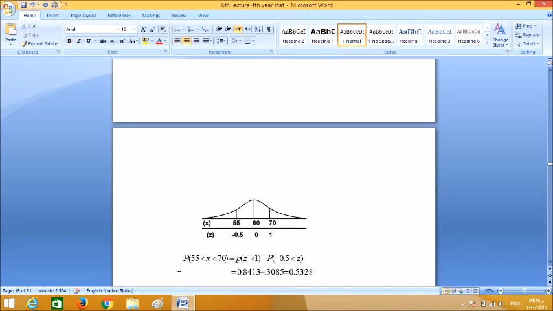So the probability that x is larger than 55 and less than 70 looks like the probability that z is less than 1 minus the probability that z is less than minus 0.5. Okay,